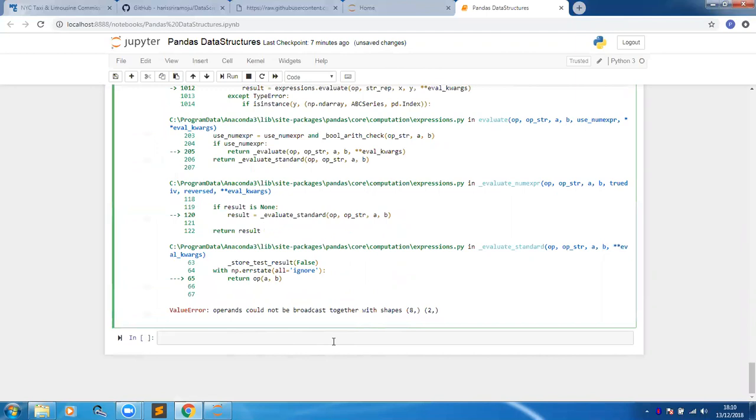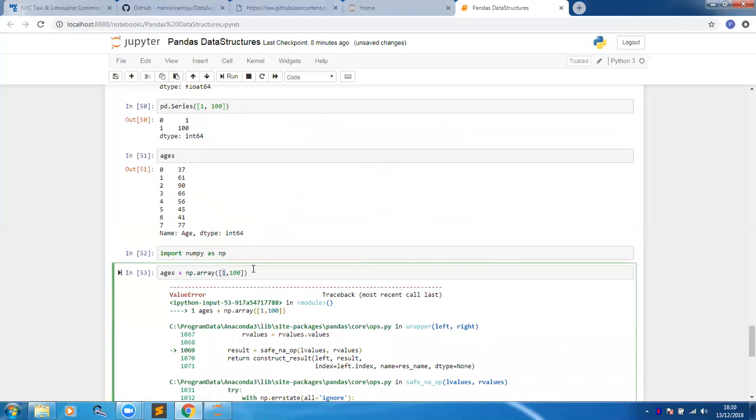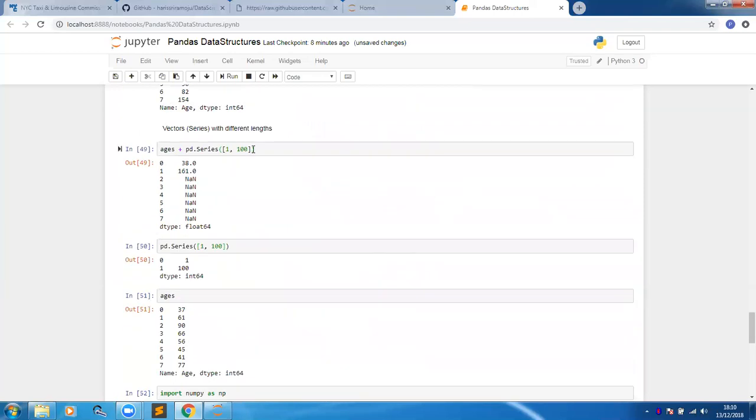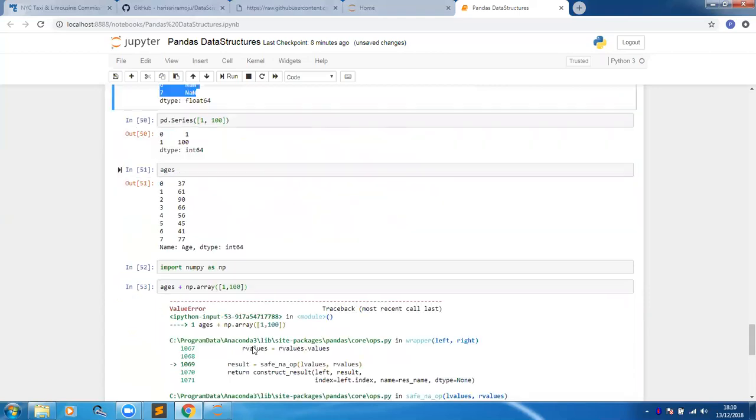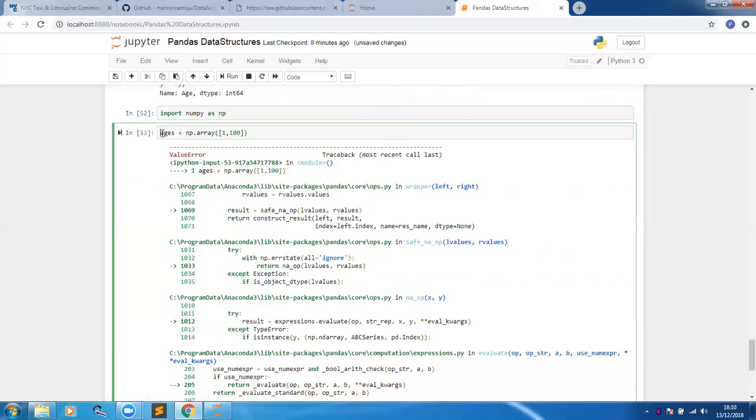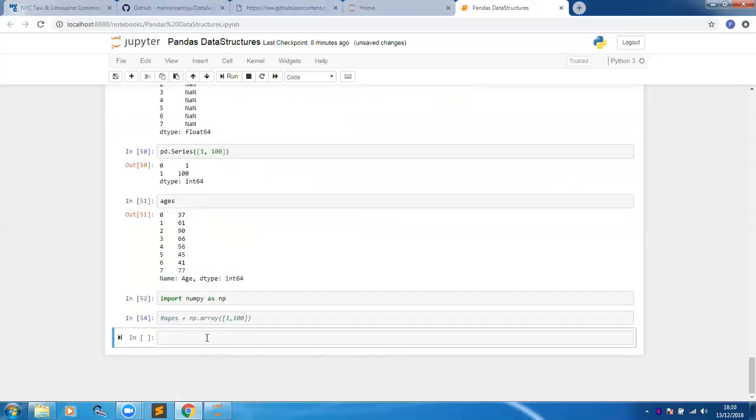Broadcasting means we are trying to apply the values across, how it's going to be if I increase the value by this much, right? So don't try to do it this way. But if you do it in pandas, it's simply going to return NaNs, rather than giving an error, even if you have vectors of different lengths. So don't do this. Let me comment that out and run it. Yeah. So let's say,